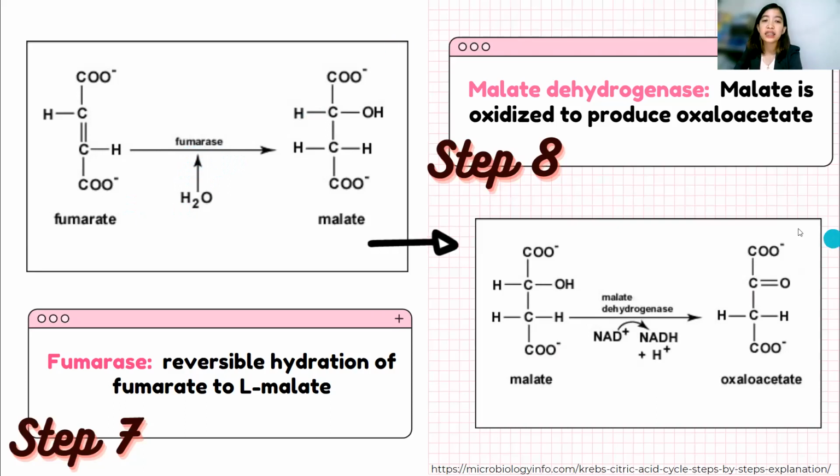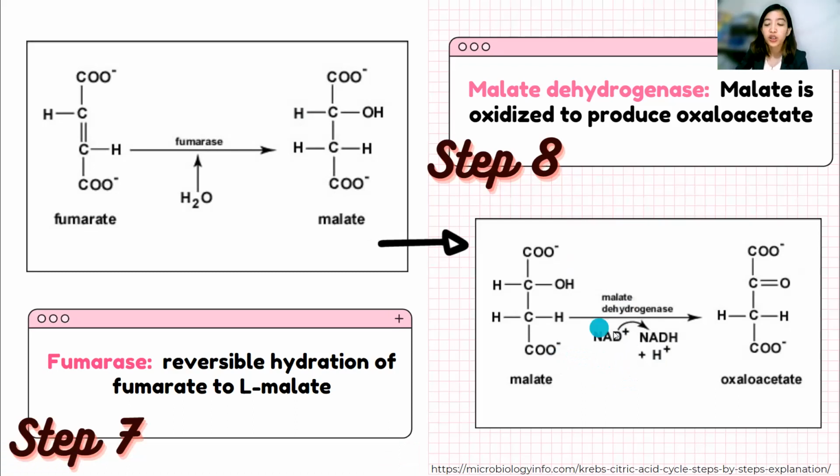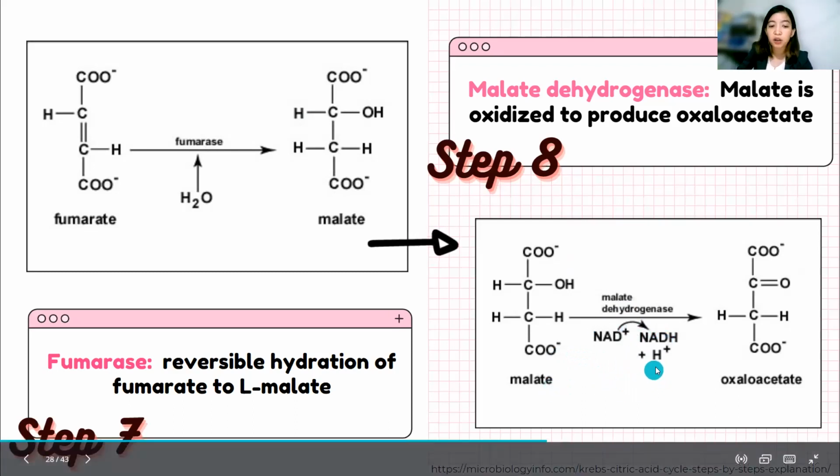So, for our last step naman, we have this malate dehydrogenase enzyme kung saan yung malate ay na-oxidize naman siya to produce oxaloacetate. And meron din tayong ditong conversion ng NAD+ to NADH. And along with it, meron tayong nagiging product na hydrogen atom. During this oxidation, yung NAD+ is being reduced to NADH and nagkakaroon din tayo ng free hydrogen atom and this